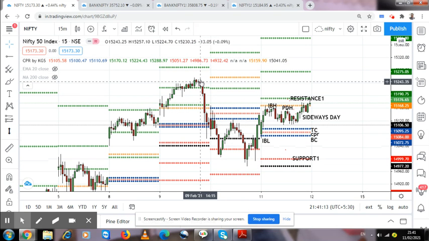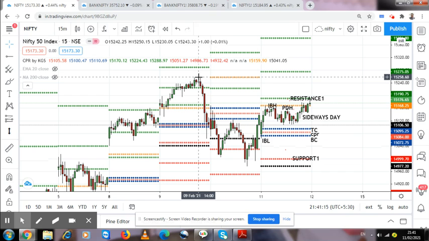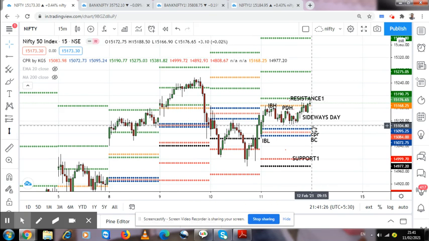You see here, this is 15,200 which hit on 9th of Feb. This has been the high for Nifty as on date. So by any chance, if we happen to open above this level of 15,000 — today's close was around 15,175 — if in any case we are going to open over here, we are going to see it hit the 15,220